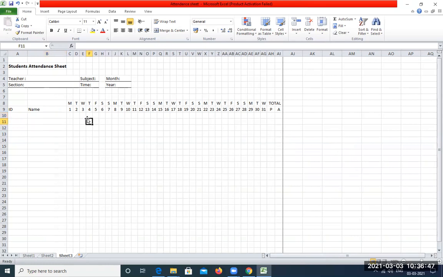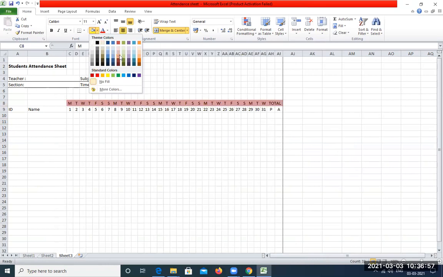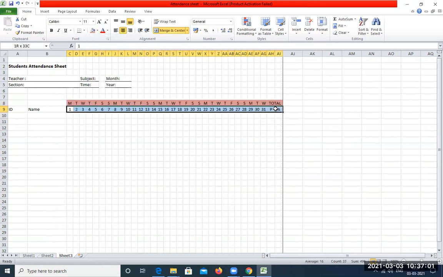Now, next thing we are going to do is select only the top portion here. Click on this fill color, apply a different background for this. Similarly, select this, and for this you can apply a different background. Now for every Sunday, we do not need the attendance here. This is the Sunday.